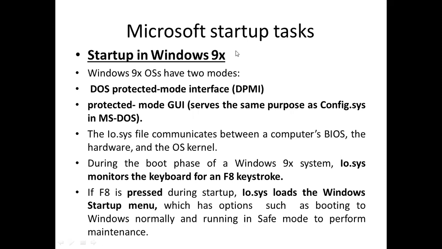Even if you have an old desktop in your house that is not upgraded, just try it: after you switch on your system, you get a black screen, right? That is the booting and loading of the configuration files. In that, if you press F8, it will ask you whether you want to open Windows in safe mode. If I can, I'll get a picture of it and show it to you in the next class.